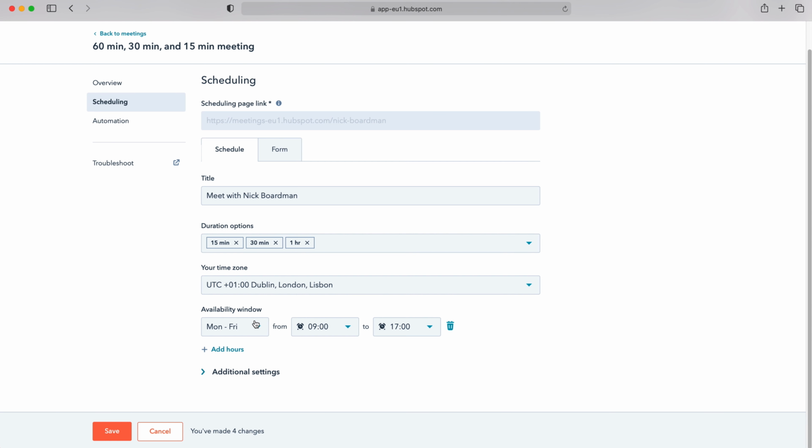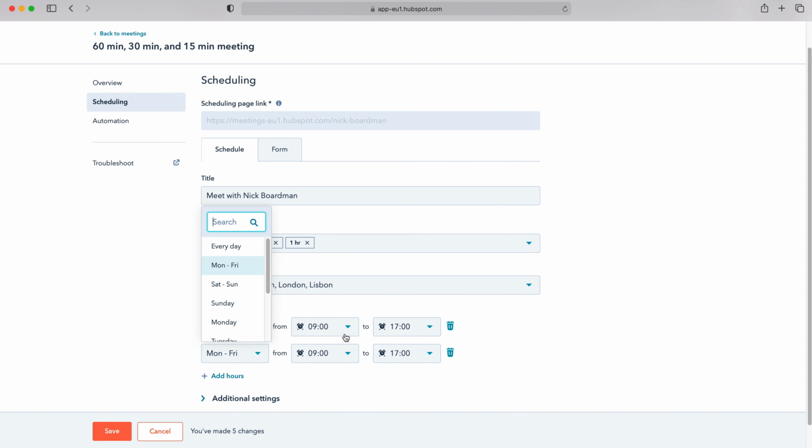We might want to be available Monday to Friday, 9 till 5, and that will show us all of the calendar slots available between 9 to 5, Monday to Friday. But let's say we only wanted to be available on a Tuesday and a Thursday. We could just do Tuesday from 9 till 5 and then add hours. You could go Thursday, 9 till 5,